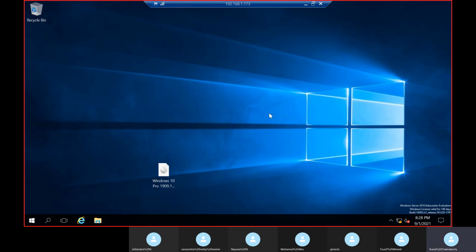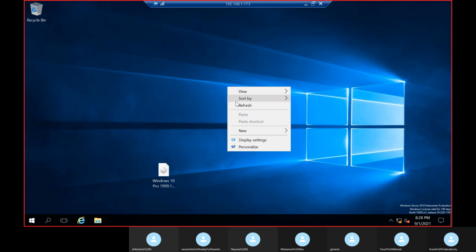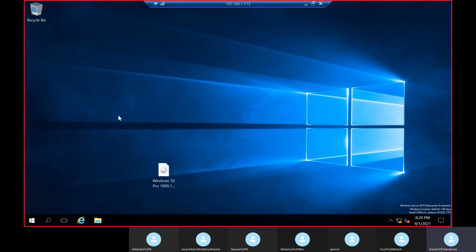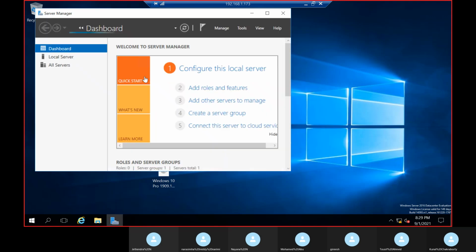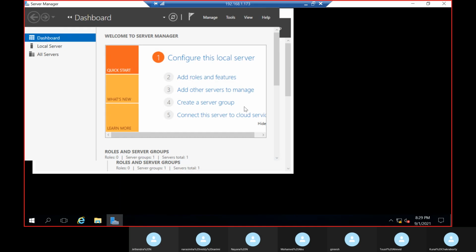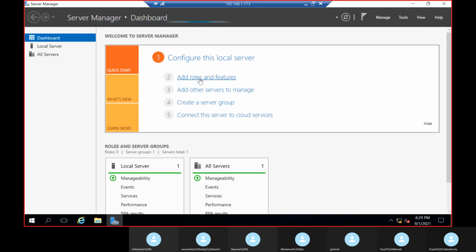So to install Hyper-V, what we can do is go to Server Manager. Here the same process you need to do: add roles and features.